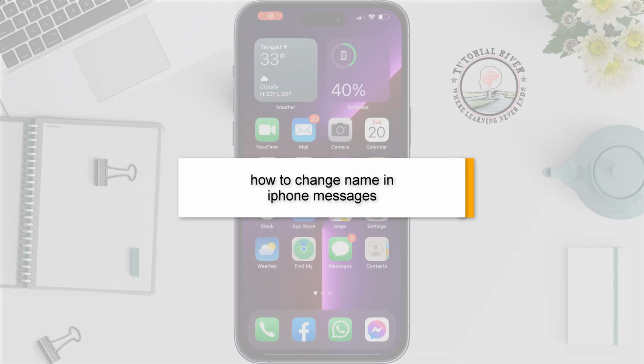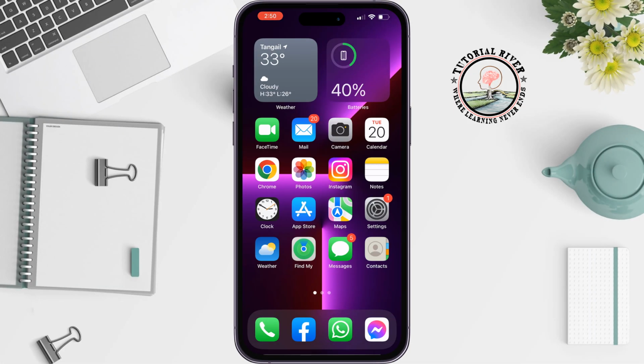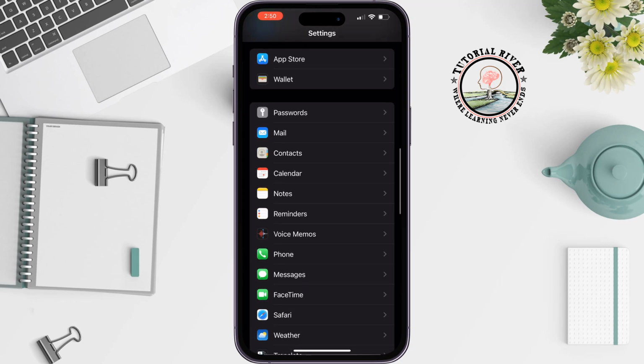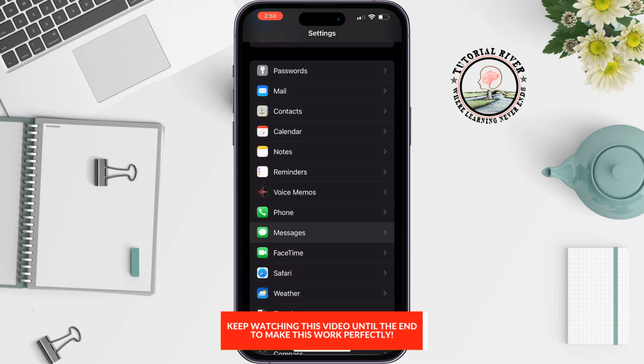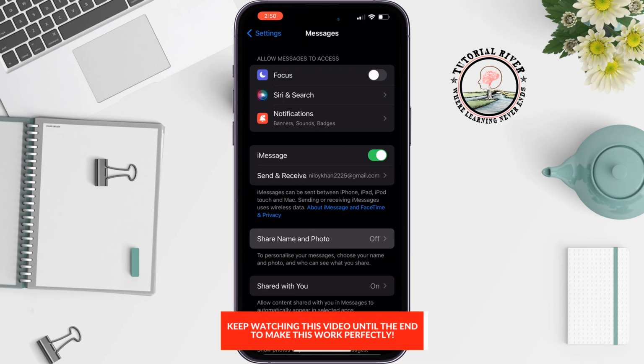This tutorial review will show you how to change name in iPhone messages. So if you want to change your messages or iMessages name, then go to your settings app, scroll down and tap on messages, tap on share name and photo,